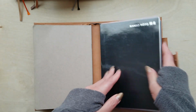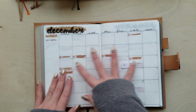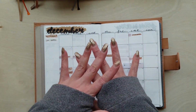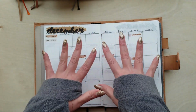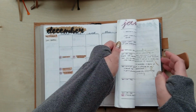But it's great. I generally use a system where in the front of every year, I'll put my monthlies, just so I have a basic overview of what's going on over the course of the month: deadlines that I need to meet, different programs, when those events are, when press releases need to go out. And then in the middle,